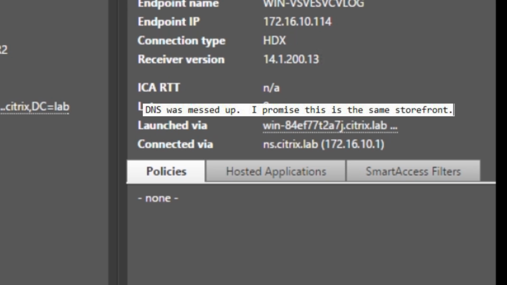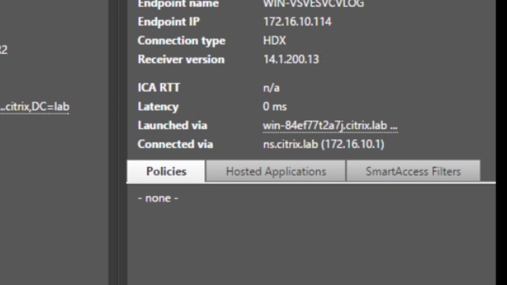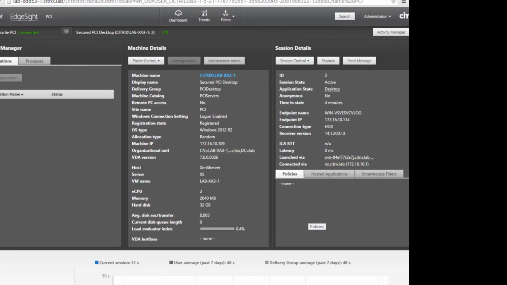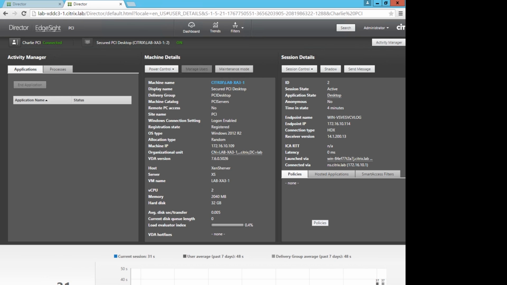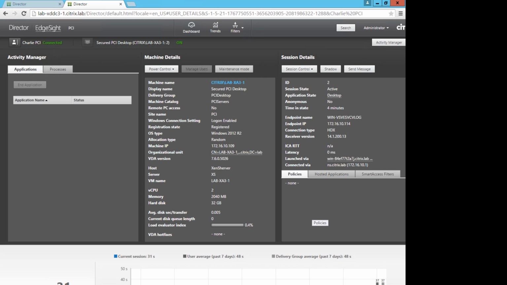172.16.10.101, which is what we'd expect, but we're connected via my Netscaler, netscaler.citrix.lab. This 172.16.10.1 is the subnet IP address for the Netscaler. Now this will again take a few moments to populate because it's a brand new session, but what we'll start to see also is the integration of Insight data here. So here we see that the director has populated with some data, and we had a 30-second log on there,